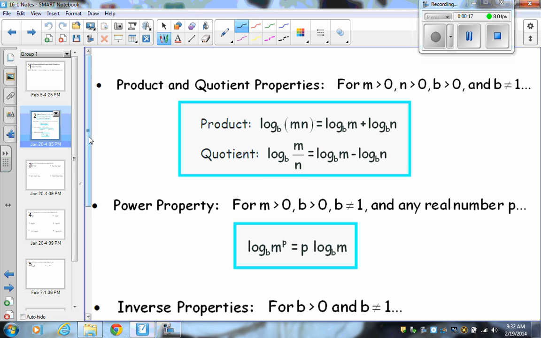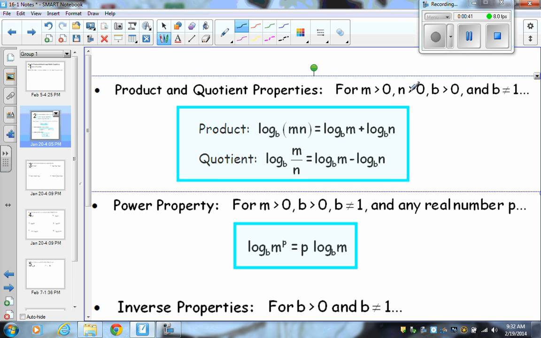This first slide we're going to need to probably make note cards on so that we can memorize these properties, because if you don't know these properties, you're not going to be able to simplify the problems. Our first property is the product property, which just states that if you have the log of two numbers being multiplied together, you can break it up and have the log of the first number plus the log of the second number. So for example, if I said